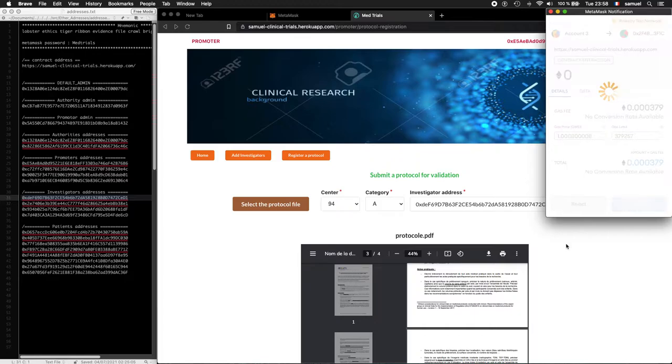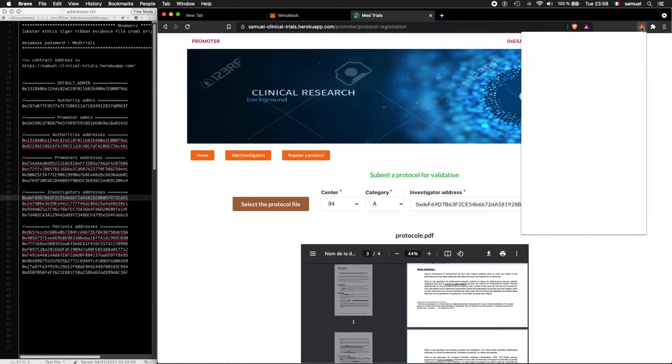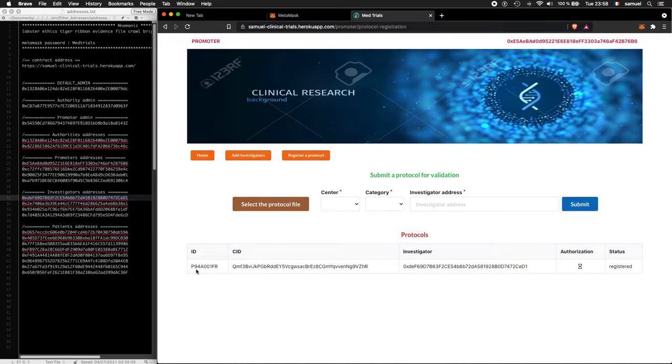So just click on confirm, and we need to wait. Now the transaction has been confirmed, as you can see. And now we can see that we have one protocol registered.